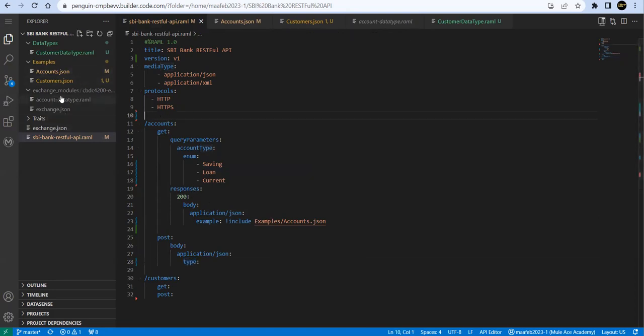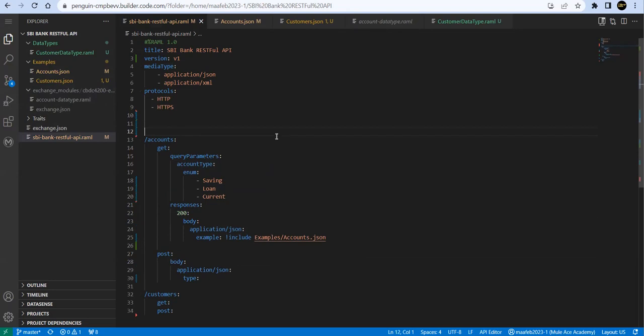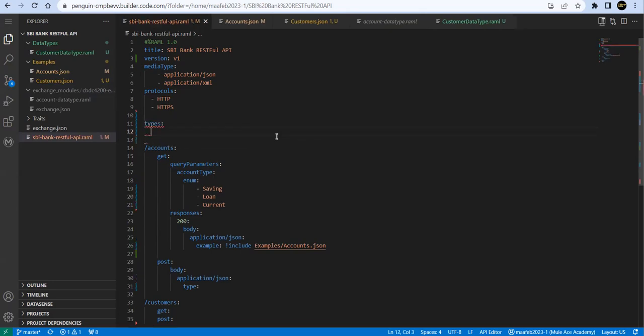We already have a copy of data from external dependencies. We'll go ahead and use that. Okay, so to refer to that external, we need to create a reference object. We have a keyword called types. Under types, I'll define first account. Okay, and again a beautiful word called include, control space. It will take you to exchange modules, and then